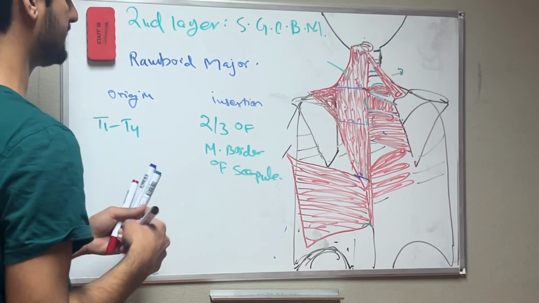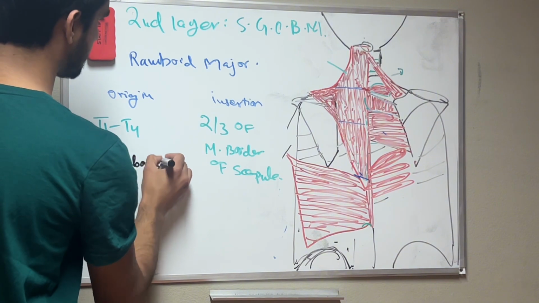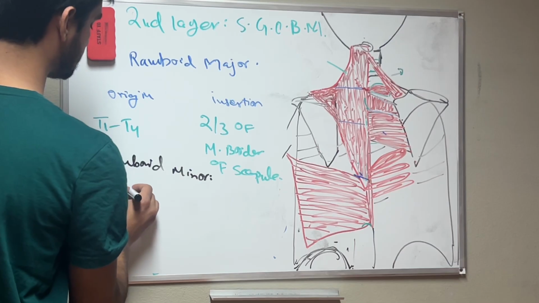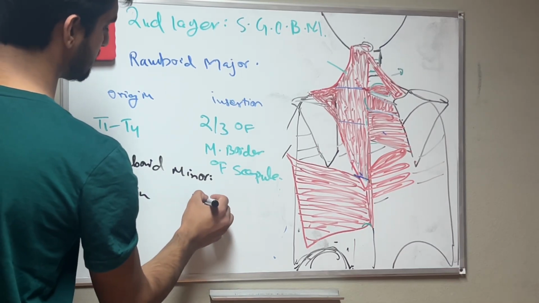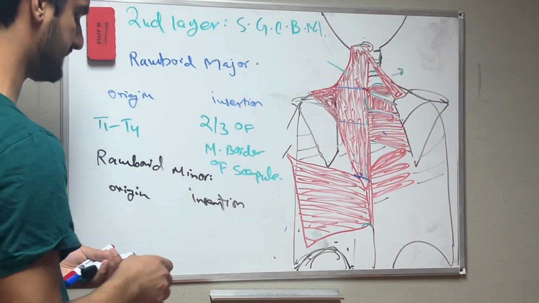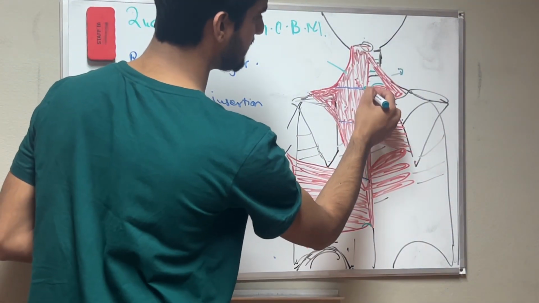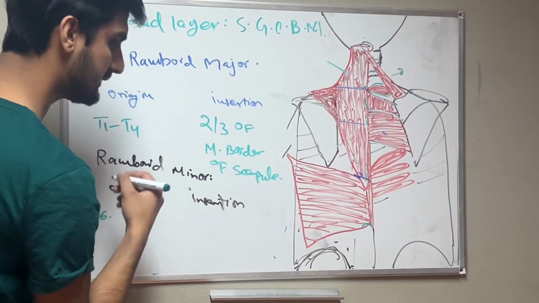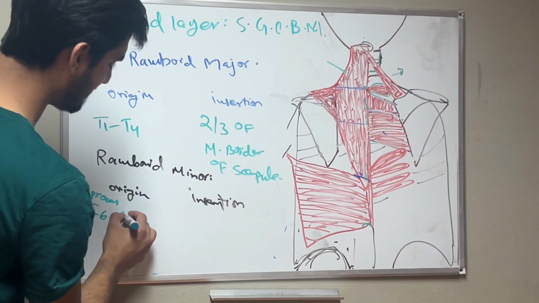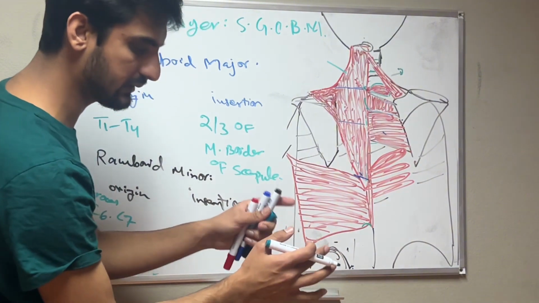Okay, then we have second, rhomboid minor muscle, which origin and insertion. The second muscle of the second layer of the superficial group of back muscle. Again, I am repeating. Origination here we have C6 and C7, originating from the spine process. Also don't forget spine process. Spine process of C6 to C7 vertebra, and inserted into the one which two-third is for rhomboid major muscle,